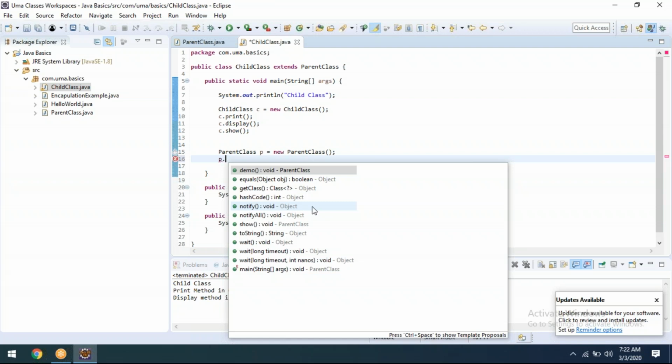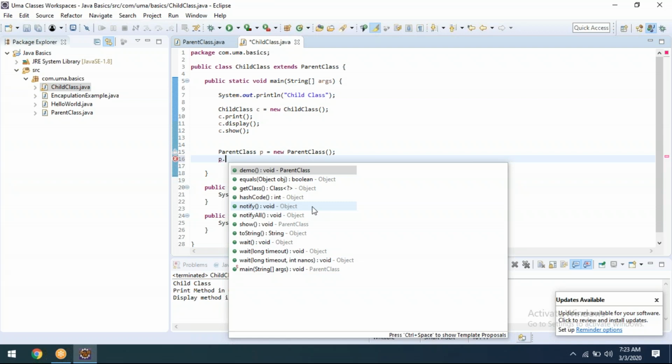Why? Let's say, for example, whenever we are going to create an object within the class, then two things come. One is Object class methods and the other is the current class methods.